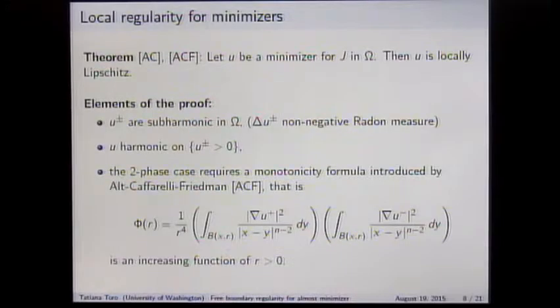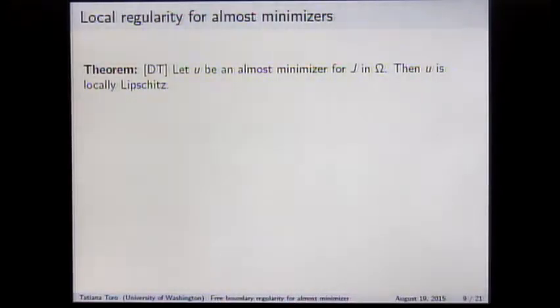Okay, so the point is, so what do we do? First notice that we don't have subharmonic functions, we don't have harmonic functions, and apparently we don't have a monotonicity formula. But we prove exactly the same thing, of course not the same way. How do you prove that? So we prove almost minimizers are Lipschitz across. Okay? What are the tools? If you want to prove that something is Lipschitz, what do you need to prove? You need to prove that the gradient is bounded.